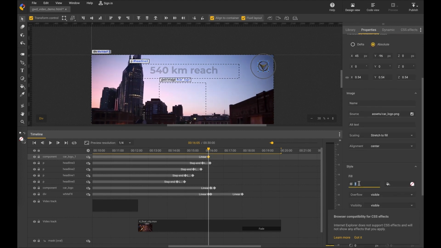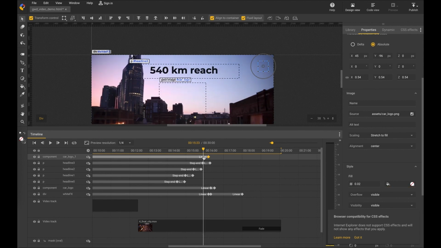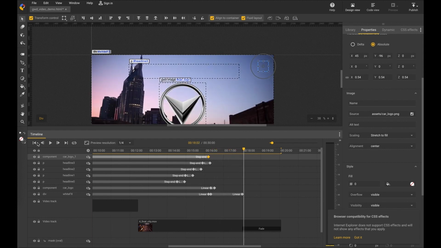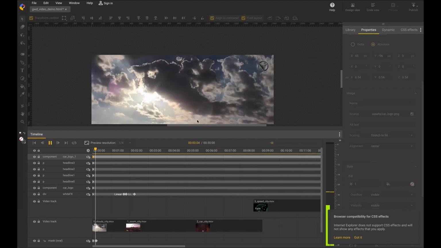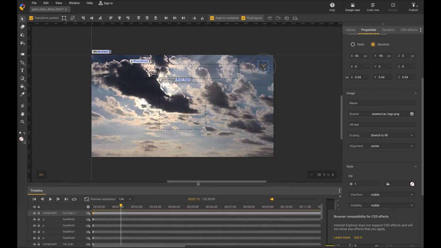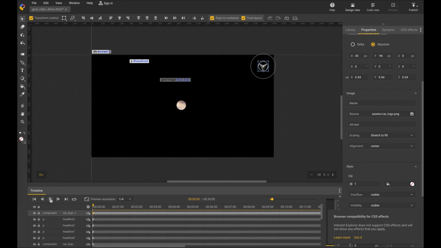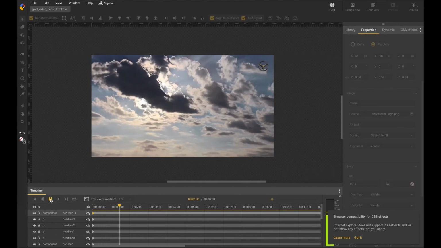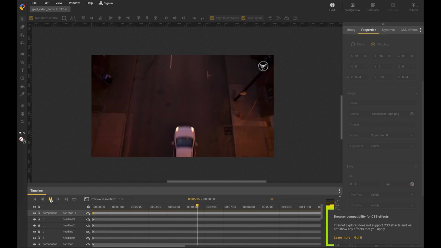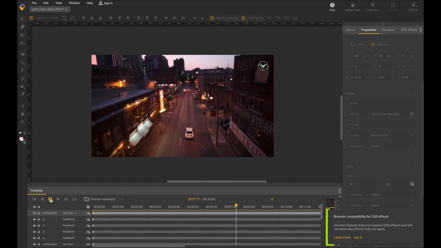Invisible, make it step and again. So at the same time, when the logo is coming, it's jumping to the middle. Great. Good. We'll go to dynamic.